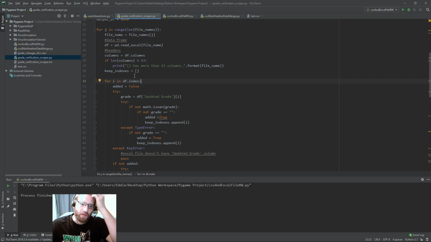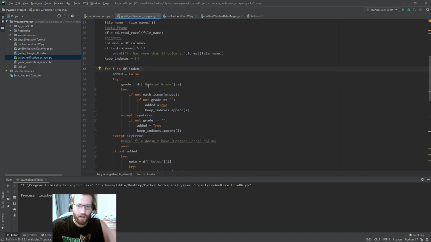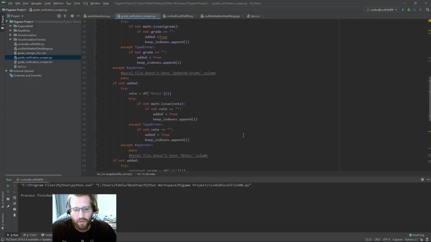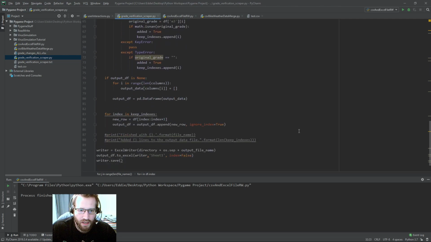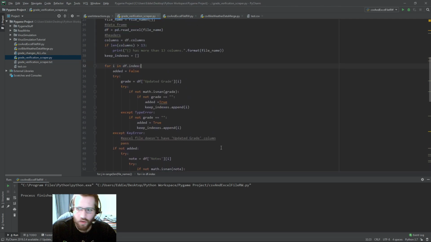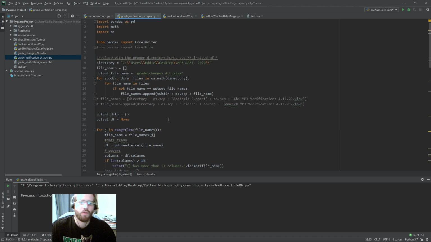All right, so that's what this loop does here. And then let me explain what this little application I wrote was. This actually was used for the grade verification process that our school did for marking period 3 just recently. Because we had to do this all online, the easiest way for teachers to verify their grades